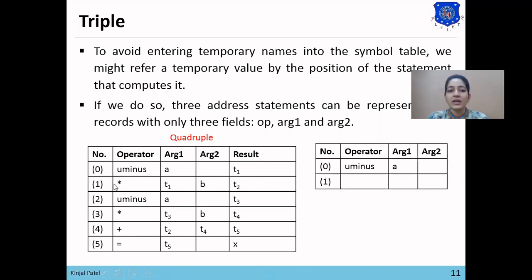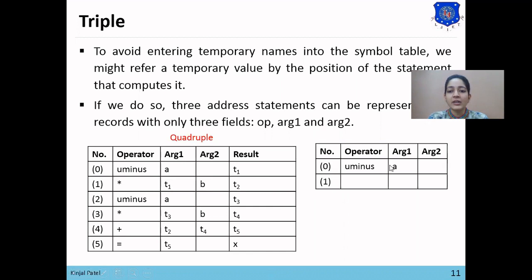Now next, at memory address 1 there is the instruction star T1 B, means T1 star B equals to T2. So here T1 represents the result of the first instruction.